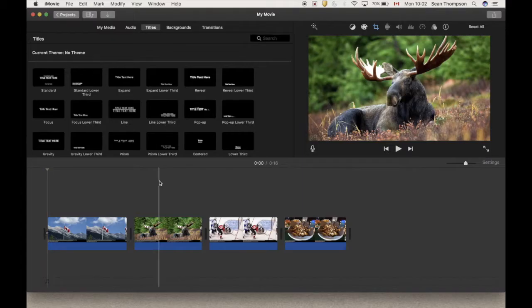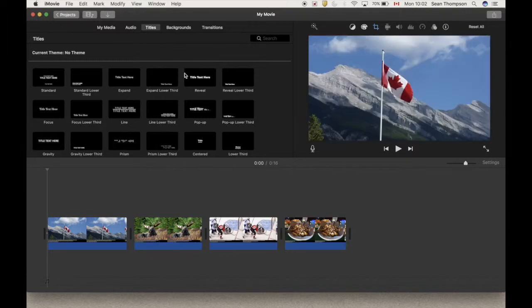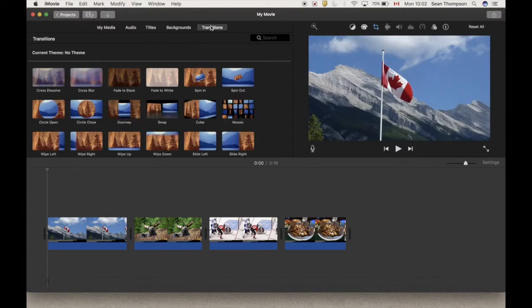We're now going to look at adding titles and transitions. Quite easily done. Transitions, go with that first. I tell the students to use only 3 and use them repetitively. I also like to leave enough freedom for their creativity that if they can tell me why they need an